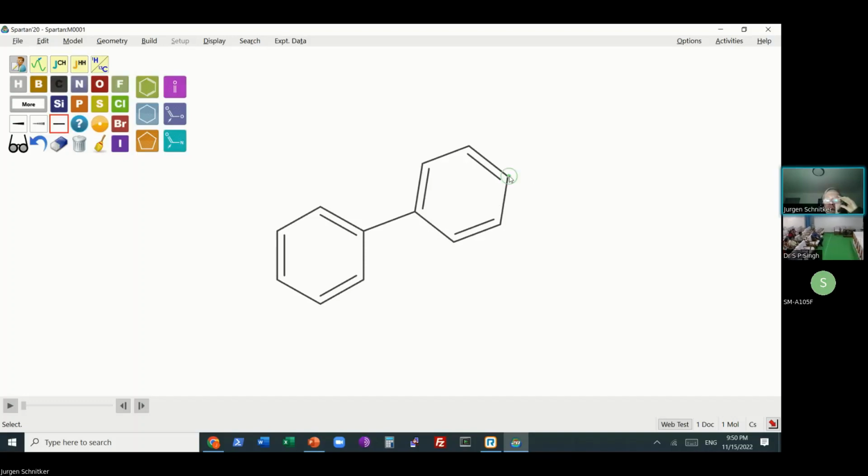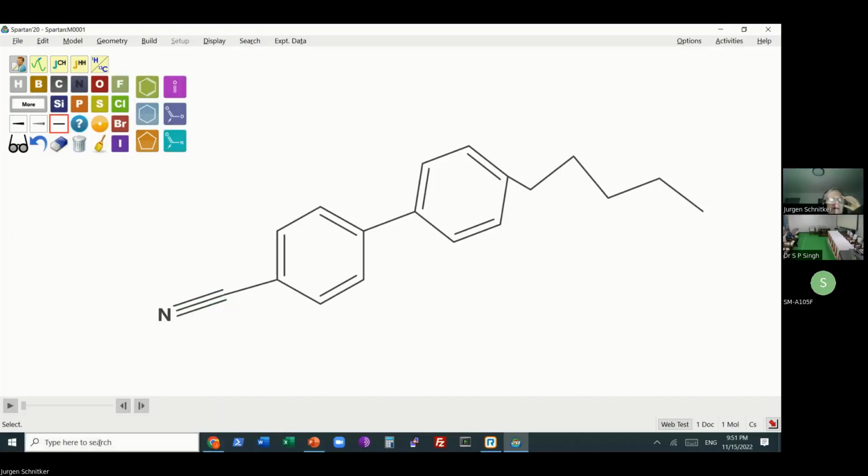What I will try to do is quickly build a common liquid crystal, 5CB, cyanopentyl biphenyl. So 1, 2, 3, 4. Yeah, I have a pentyl group, 1, 2, 3, 4, 5. And then a cyano group here on the other side, and put the nitrogen, and then make this a triple bond. Oops, I reversed that.